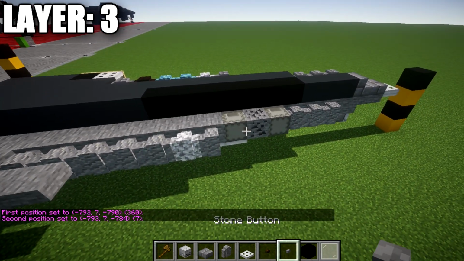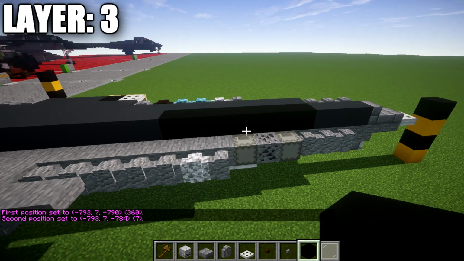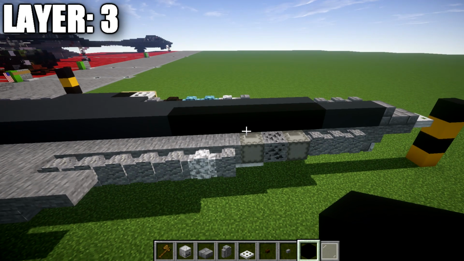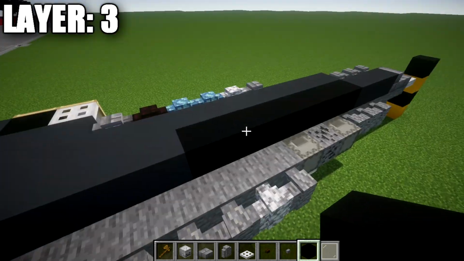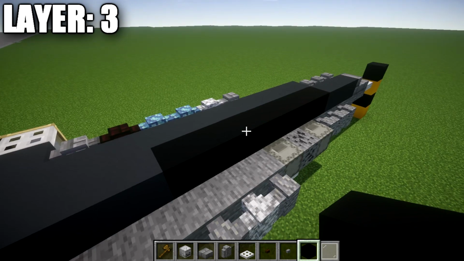If you do want to build an interior for this aircraft, instead of placing down a row of 7 here, leave this space open, and you can build your own little cockpit design. This tutorial does not include an interior, so we're just going to fill this in with a row of 7 of black concrete. Whatever you decide to do after this row 7 of empty space or row 7 of black concrete,